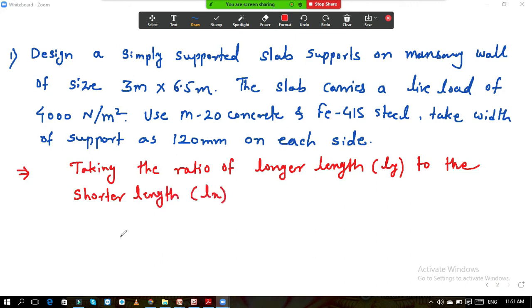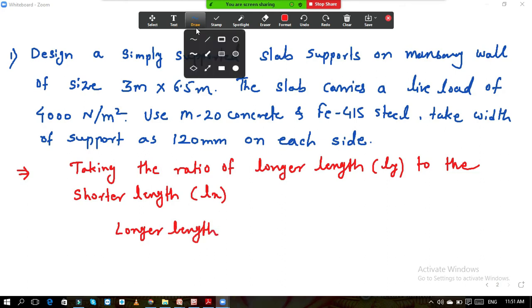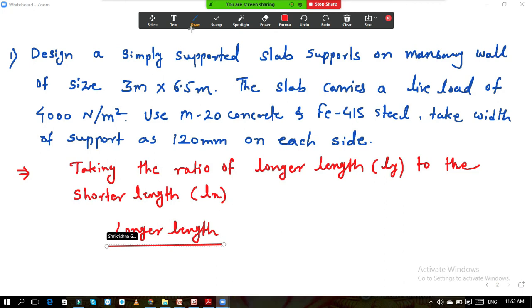Okay, so here I will write longer length divided by shorter length